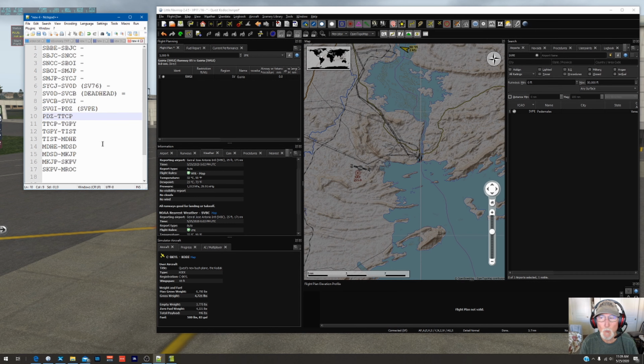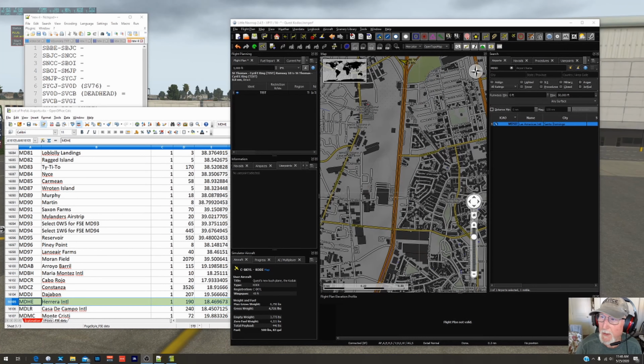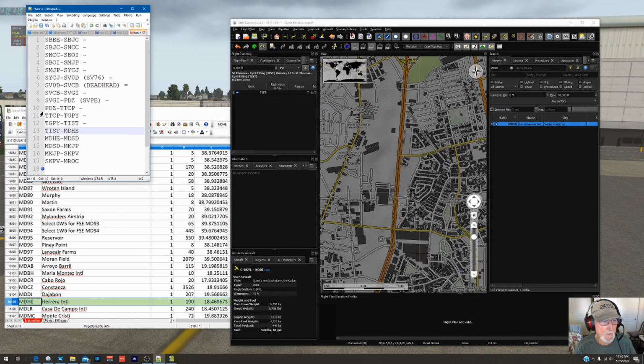Okay. I've got another example to show you. If you're taking a look at this, then you say, well, gee, all I need is a spreadsheet to show what airports there are, how they map from the old Microsoft Flight Simulator or whatever they use for their database, and X-Plane. But the next one has a little different situation. Okay, so the next example is we're flying from TIST to MDHE. So we got TIST here, and we do a search on MDHE,